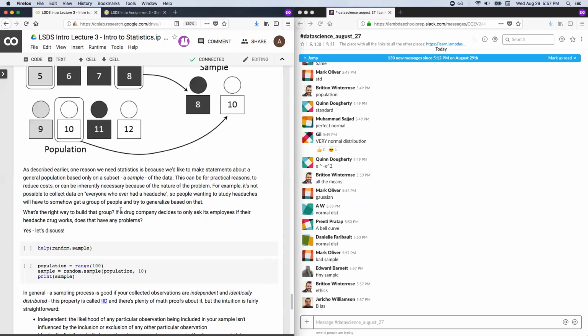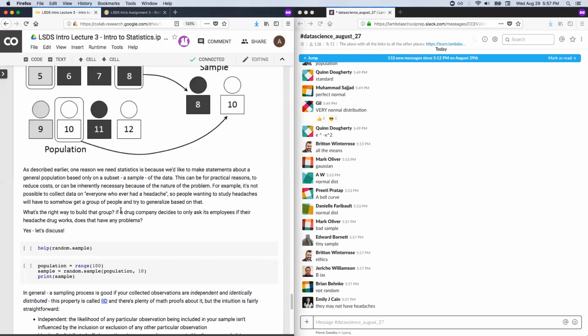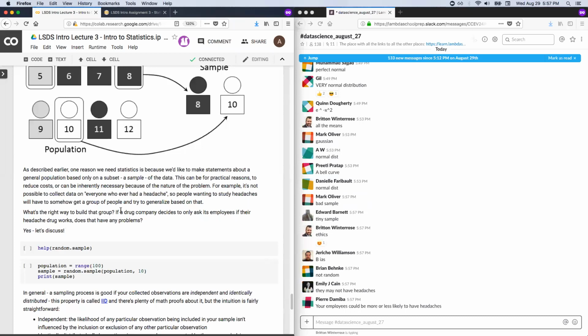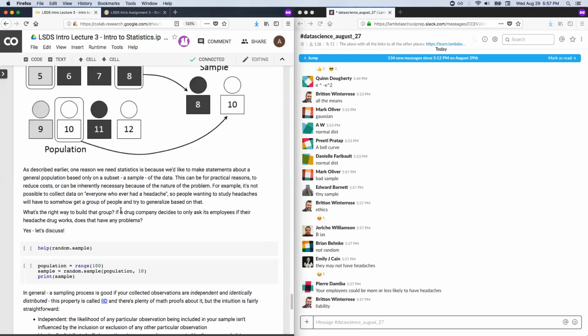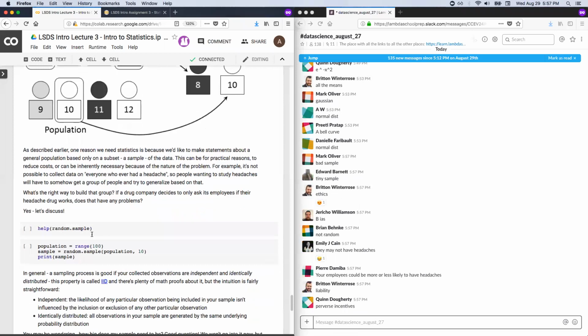Even ignoring the business concerns here and how you're treating your employees, and sure, the fact that they might not even have headaches, the fact that their incentives might be to not tell you the truth. Who knows? It's just not a representative sample. It's not randomly selected, right? A good sample is random, is randomly and specific. There's a term for it.